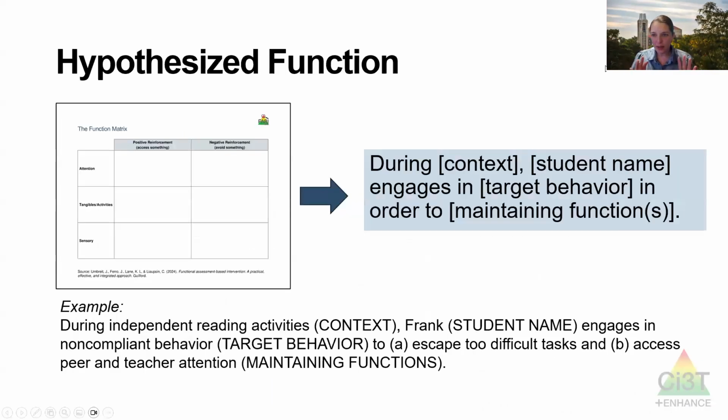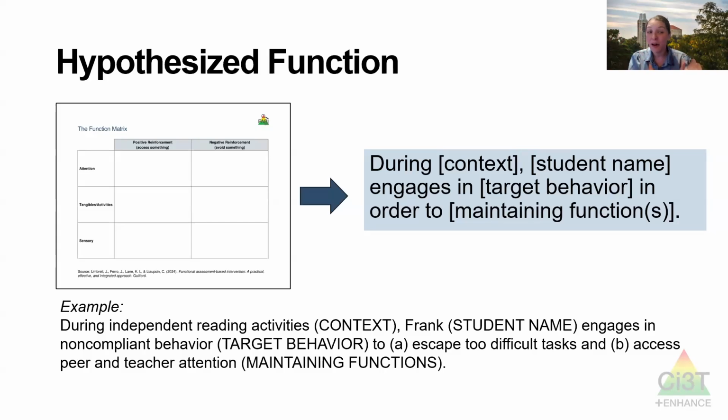So once you've filled out your matrix, so you have all of the evidence you've collected from your interviews, your records reviews, and your ABC data, you've put it in the matrix, you're going to look and see where is the preponderance of evidence, which boxes are biggest. And that is going to tell you the hypothesized function. Sometimes there's one box and it's like, oh my gosh, almost everything is in that box. And maybe that means there's just one function. Sometimes there's two boxes that have a lot of data in there. And that means there's two functions happening. And that happens a lot.